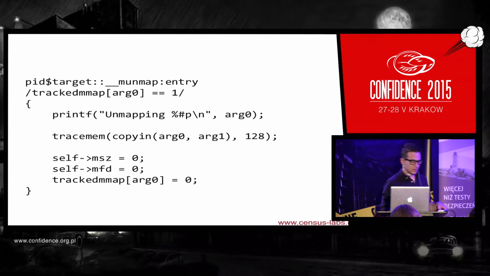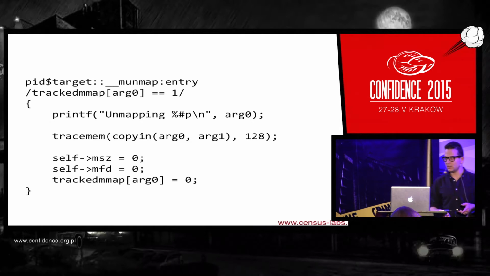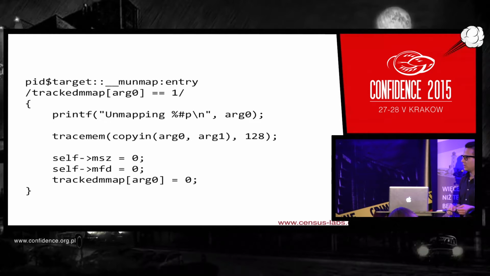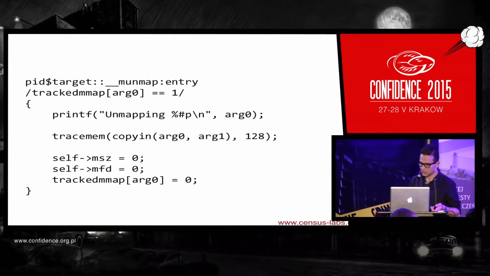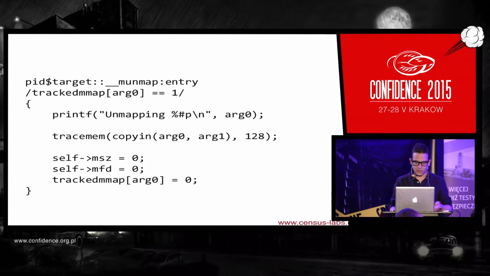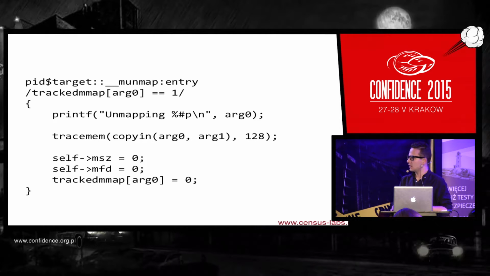Apparently, with DTrace, you cannot peek into memory that wasn't touched by the process. So even though the memory was actually touched because it was mapped, the process itself didn't touch it yet, so DTrace can't dump it, even though the pointer is valid. So I'm checking the memory when I'm unmapping the mapped memory. You check the memory via tracemem,